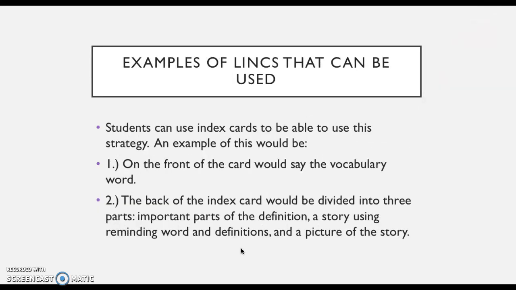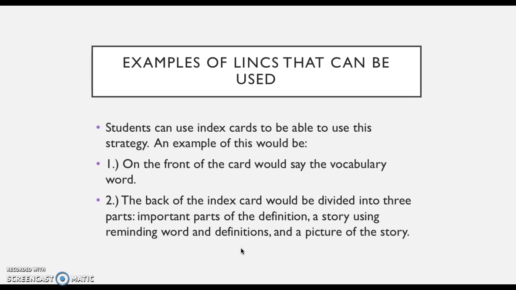Here are some examples of the LINCS that can be used. The main one that I saw while I did my research was index cards. Students can use it on the front of the card would be the vocabulary word. And then you would turn it over on the back of the index card and it would be divided into 3 parts. The first part would be the important parts of the definition,